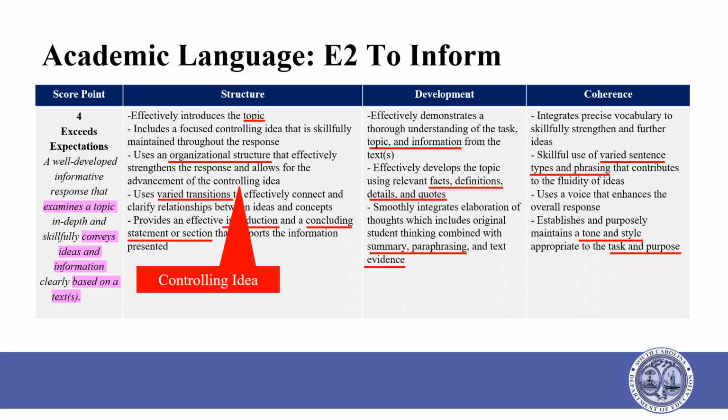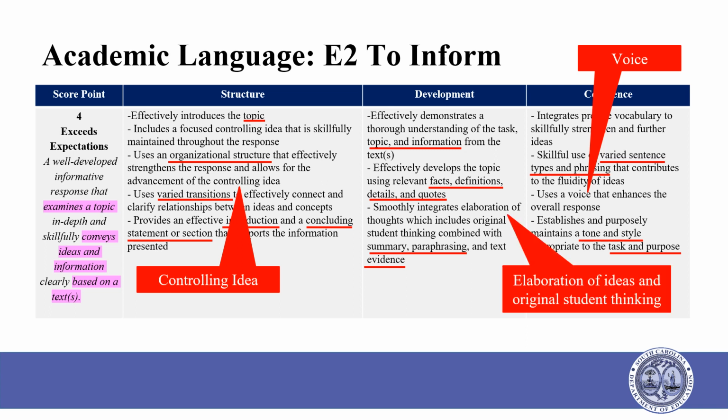A controlling idea is the primary focus of the response. Remember, the task and purpose are provided with the TDW item. Elaboration of ideas and original student thinking allows students to go beyond the task, and voice appears in the 4 score point.